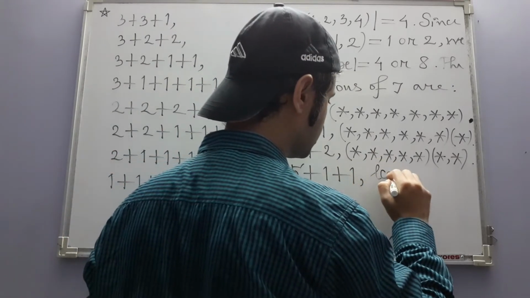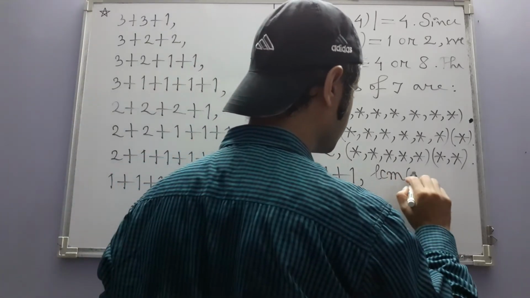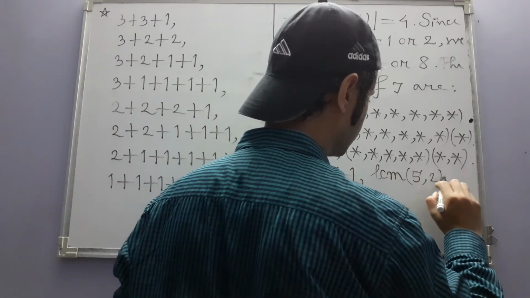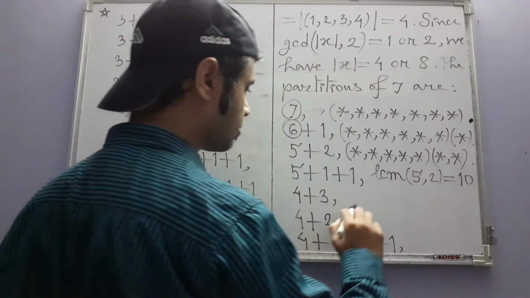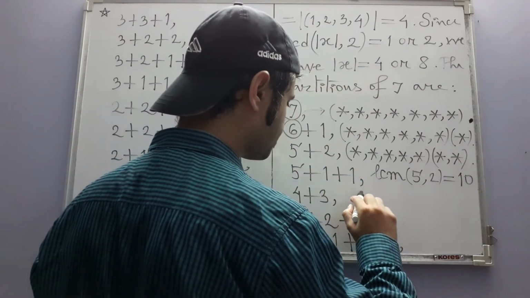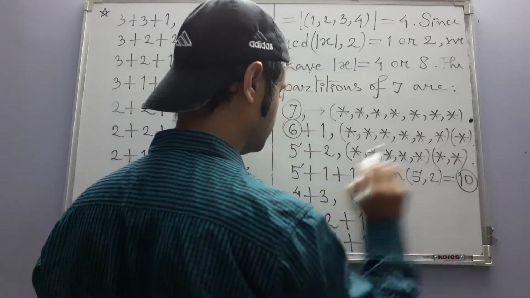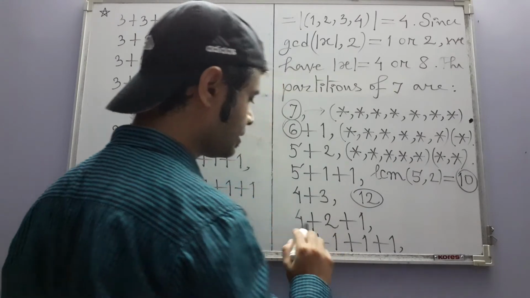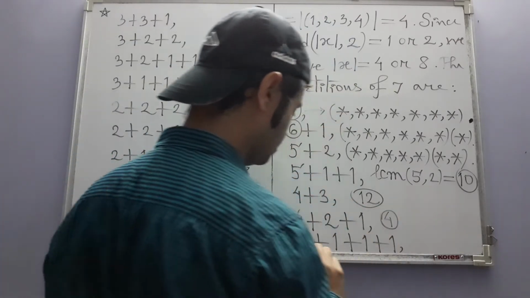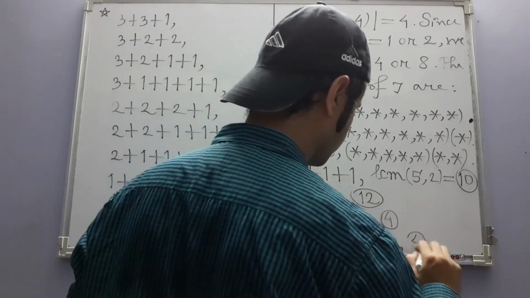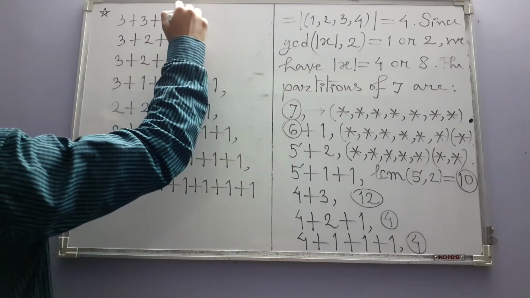The order is the LCM of the cycle lengths, that is LCM of 5 and 2, this is 10. Here the order is going to be what? 12. Here the LCM of 4 and 2 is 4. Here also the order is going to be 4. Okay. Here the order will be 3,